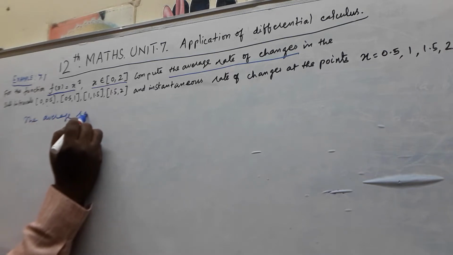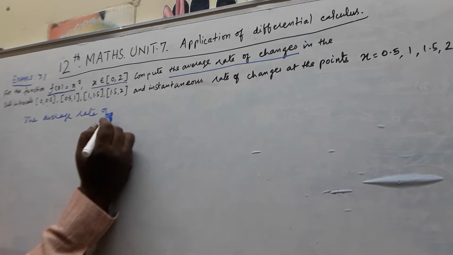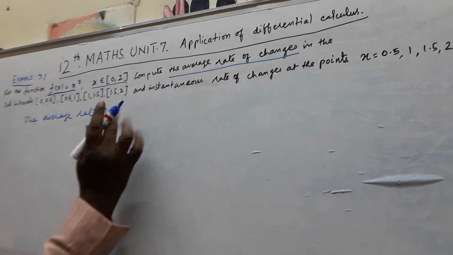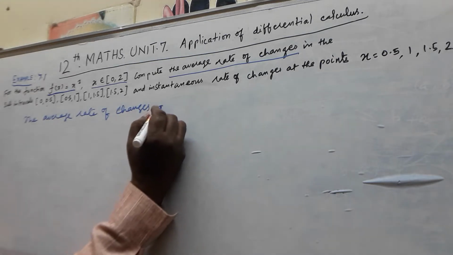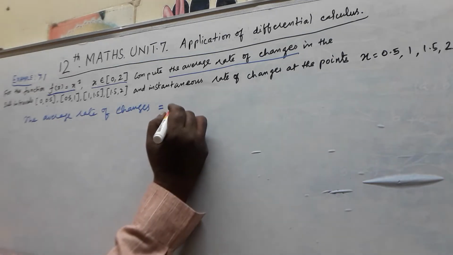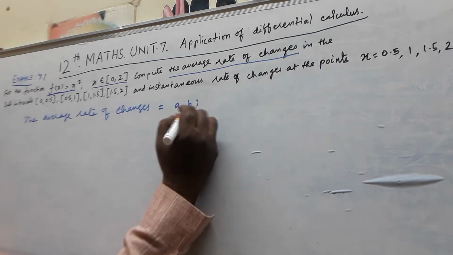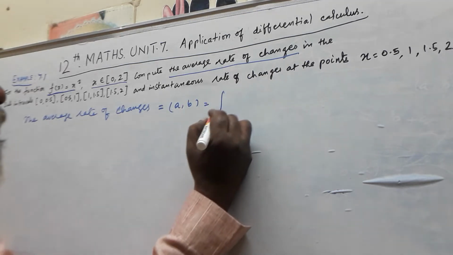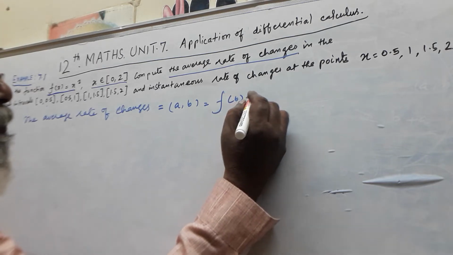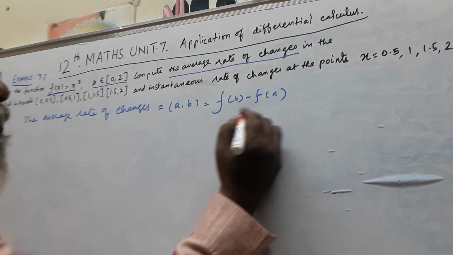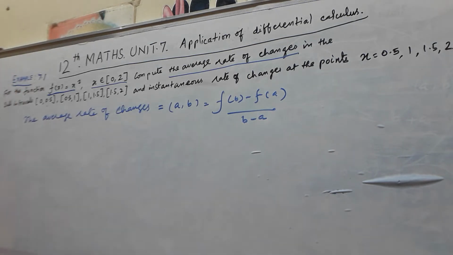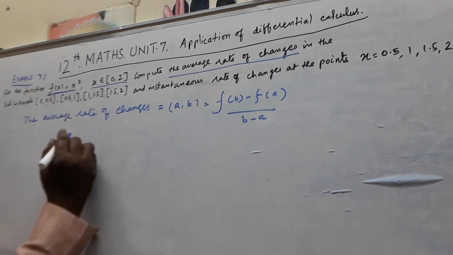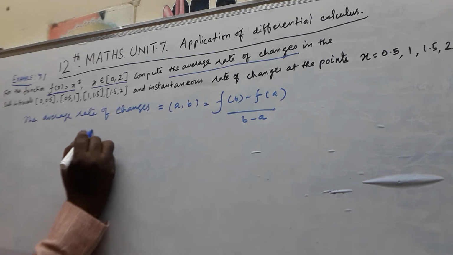Average rate of change for the interval a comma b is equal to f of b minus f of a divided by b minus a, as per the equation we already studied in the textbook. Now, as per the sum,